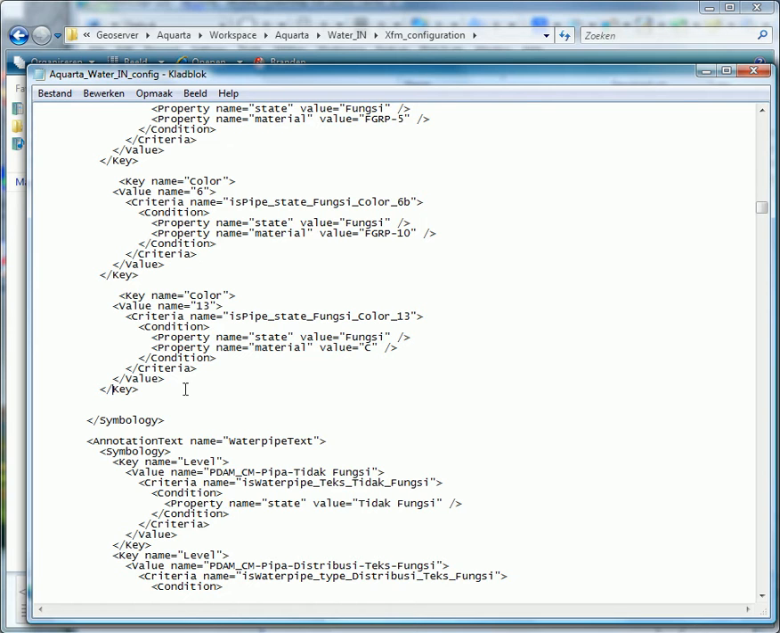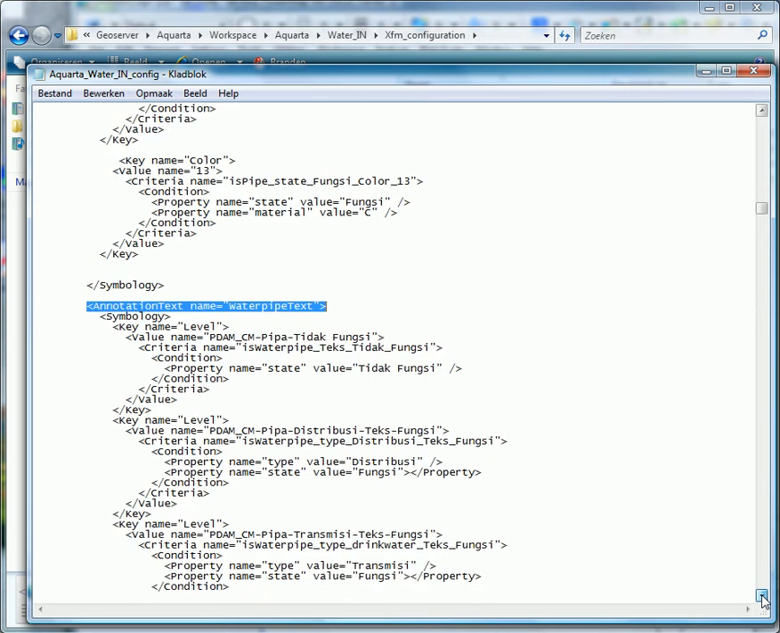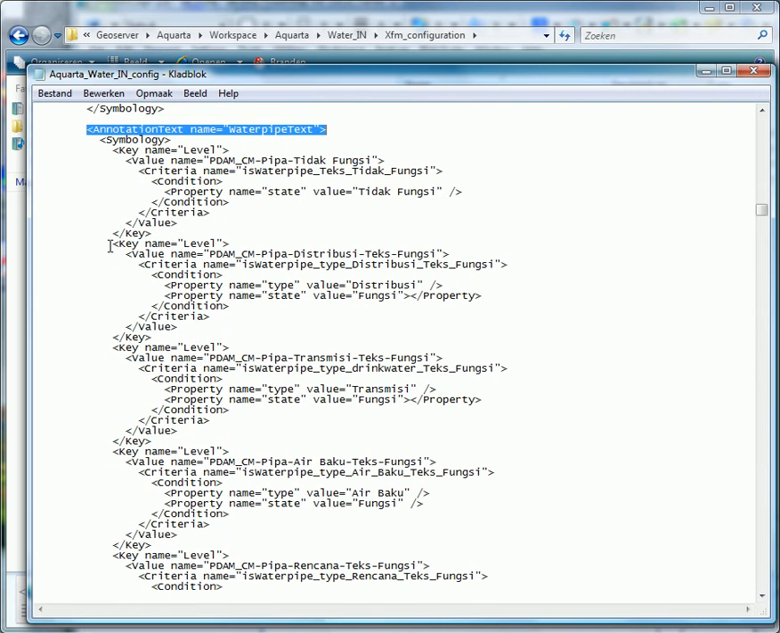If we have now placed the settings of the pipe, we must change the settings of the text that's displayed with the pipe, the caliber text. We do it in this section, annotation text, and here we got the same structure. Level, this is the level name,